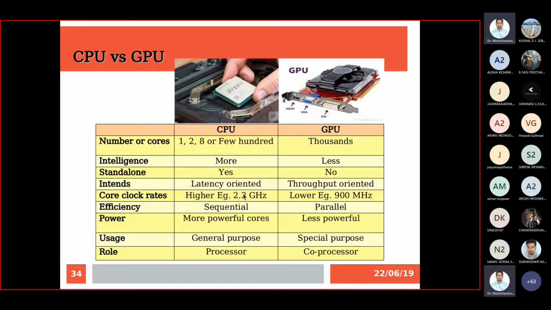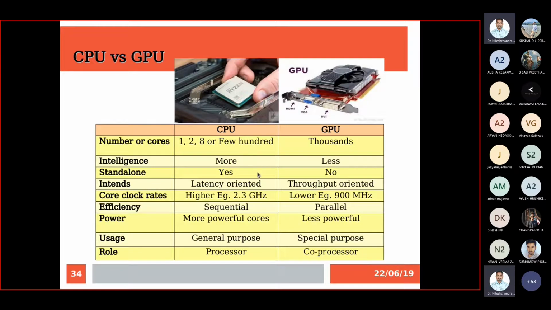The clock rates of CPUs are very high, nowadays you can expect up to 4 gigahertz, and GPUs are also in the few gigahertz range, right? The efficiency of a CPU is higher for sequential execution. GPU is more efficient for parallel execution. Again, we can also have parallel computing on the CPU side if you have hundreds of CPU cores.